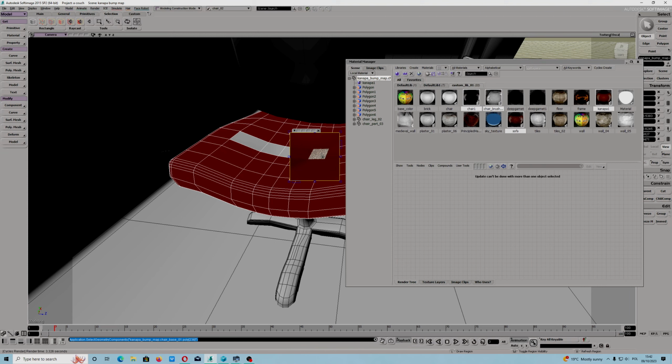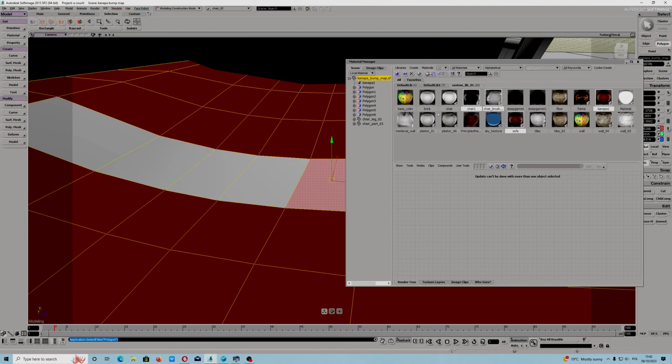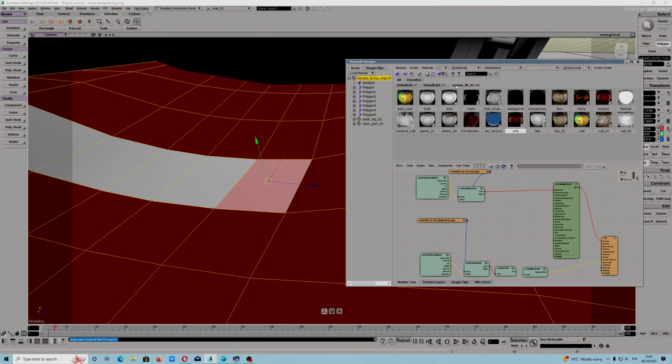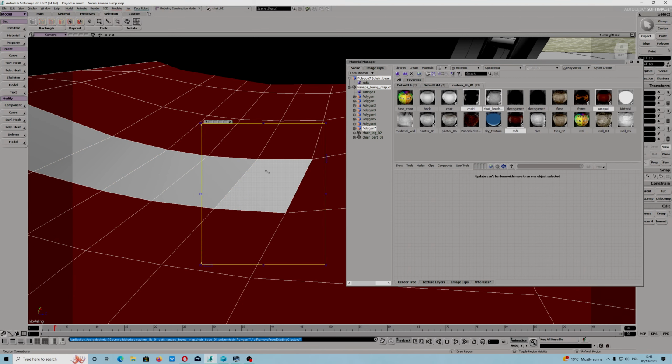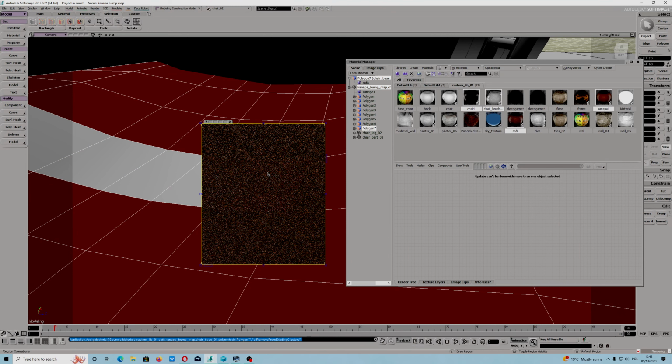I will have to check something because I was able to bypass that error message. Okay, I will assign sofa. Don't worry, you can fix that error message. Even if you see this, I just have to check if I was able to bypass this error message, but